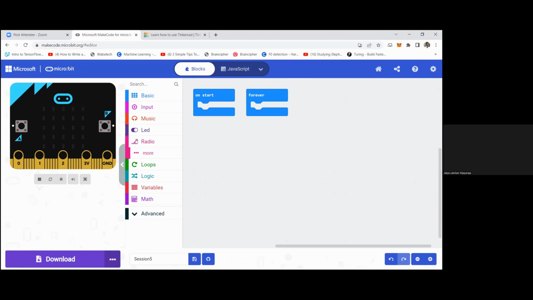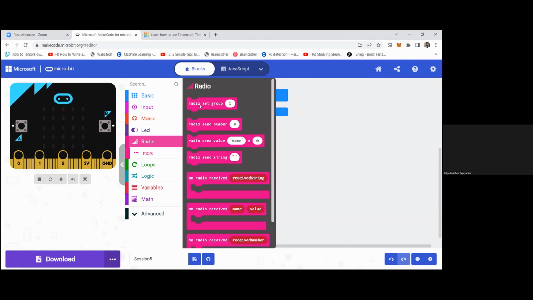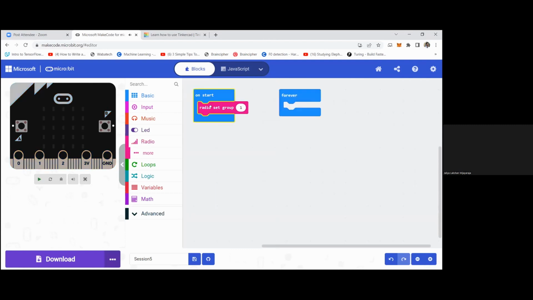To do so, what you can do is you can go to this radio block and you can use this block called set radio group. So once you use this set radio group block, there is a number here. So once you click it, you can change the number by sliding this slider. So then once you set up the group, you can use